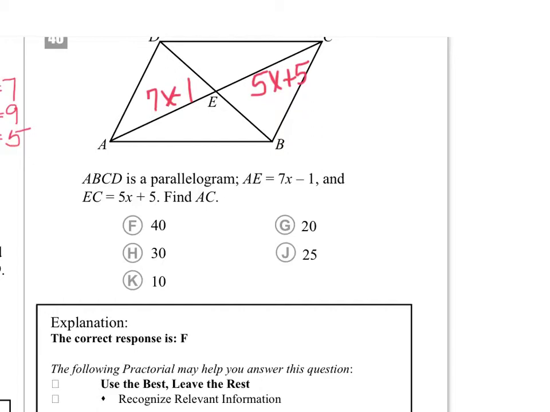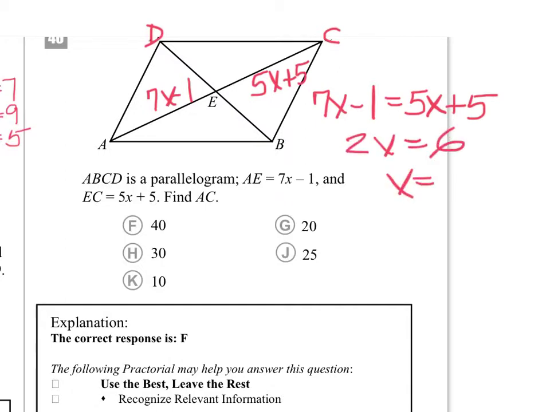Well, anyway, this is AB and this is C. It's cut off, and so D. 7x plus 5x equals 12x. 5 plus negative 1 equals 4. So you'd have 2x equals 6. X would be 3. And if you find AC, you simply have to go back and do this to get